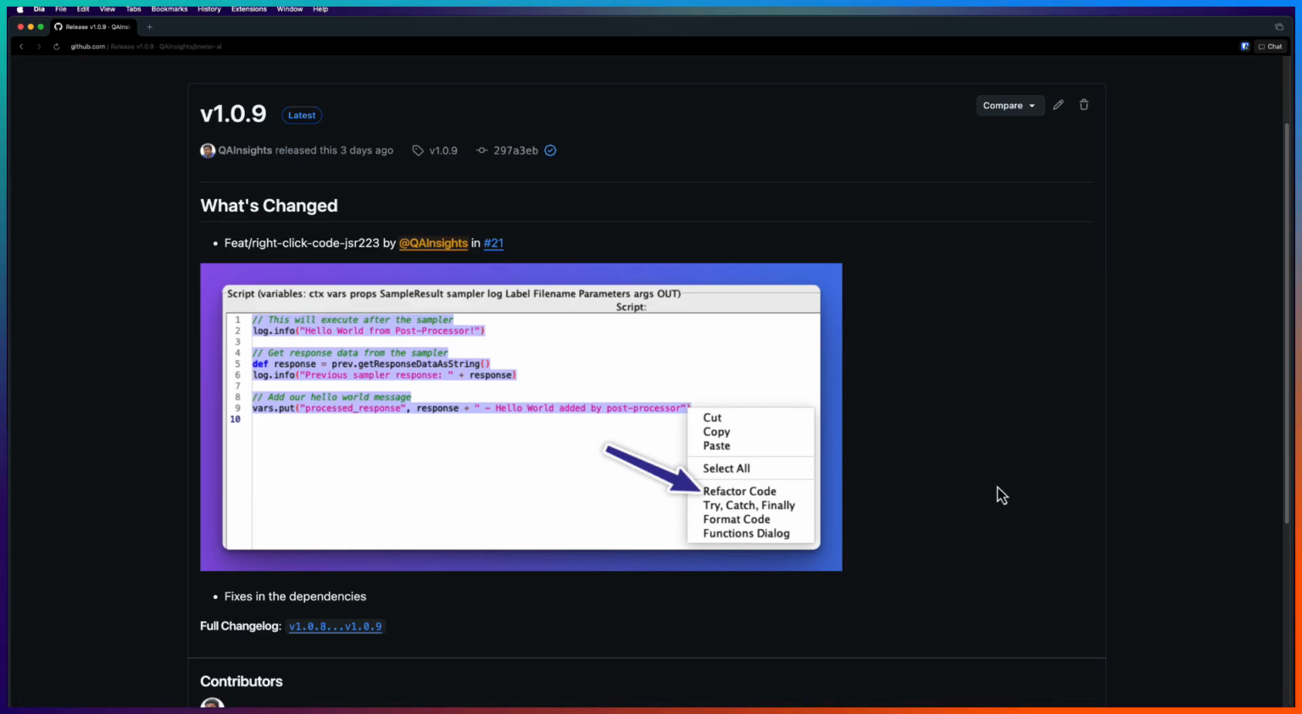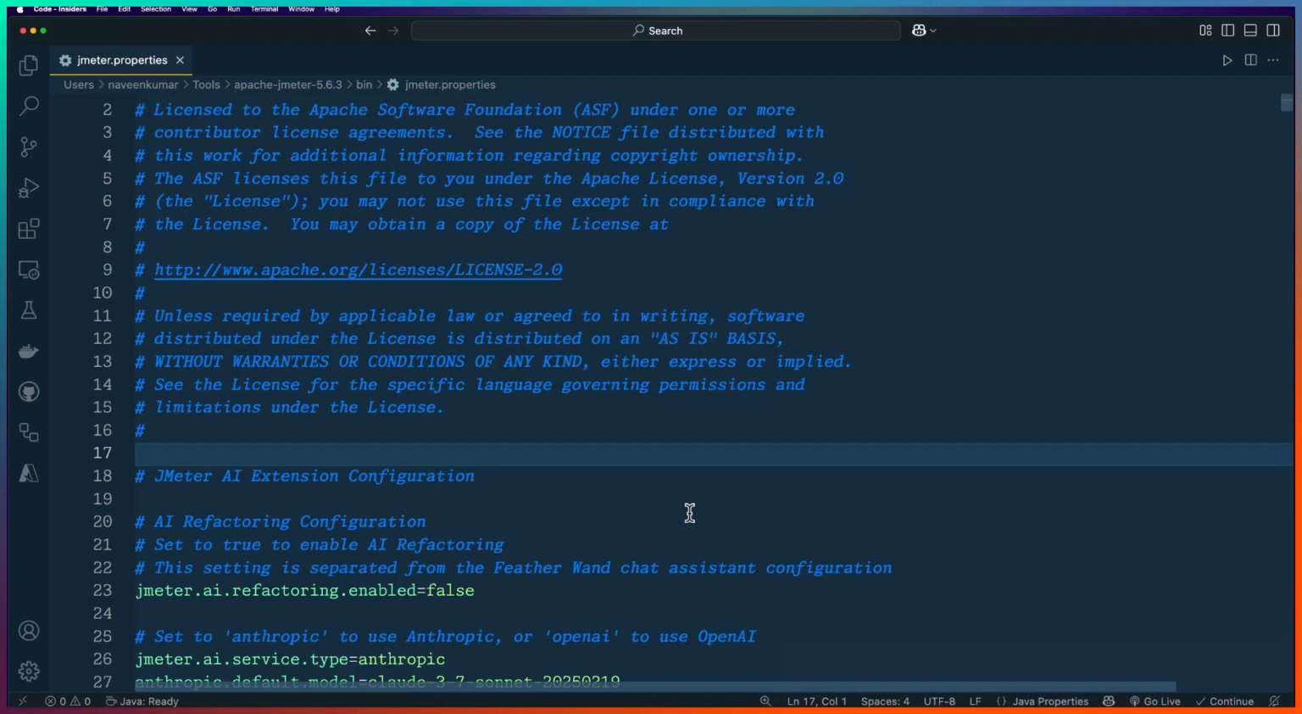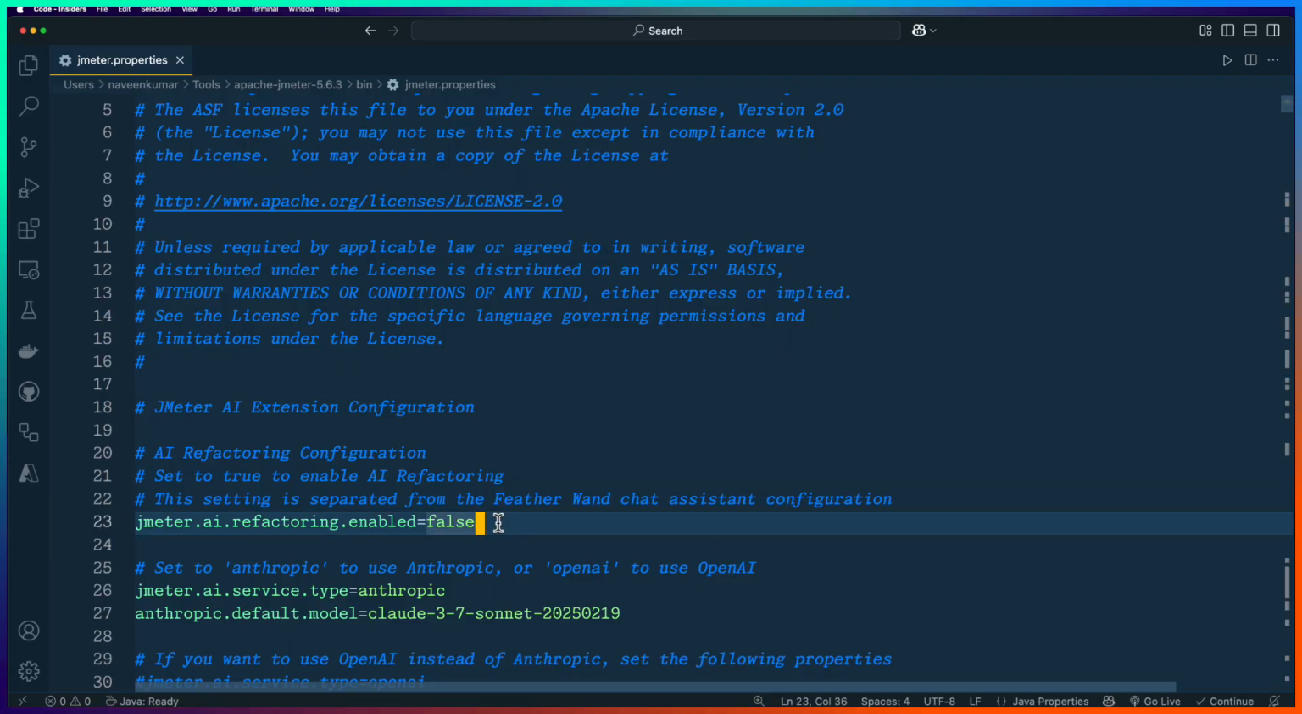Before that, first let me open the JMeter.properties file. Here you need to add 3 key-value pairs for the refactoring. This refactoring option will be enabled by default, so you can flip this flag, line number 23, to either true or false based on your requirement. If you add this: jmeter.ai.refactoring.enabled equals true,